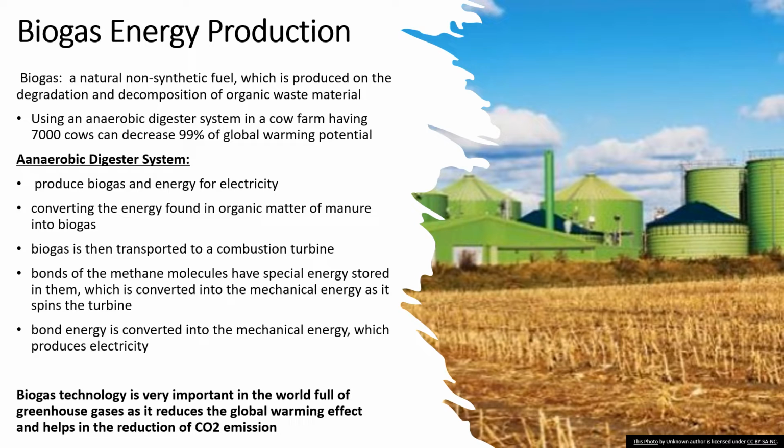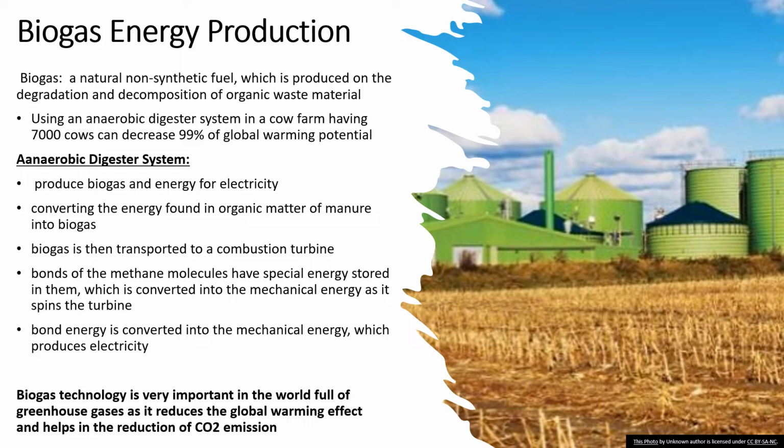Biogas is a natural non-synthetic fuel which is produced by the degradation and decomposition of organic waste material. Using an anaerobic digestive system in a cow farm having 7,000 cows can actually decrease global warming potential by 99%, and that's a huge amount. The anaerobic environment is one which is oxygen free. So the waste management system must install this system at the farm that will ultimately produce the biogas and